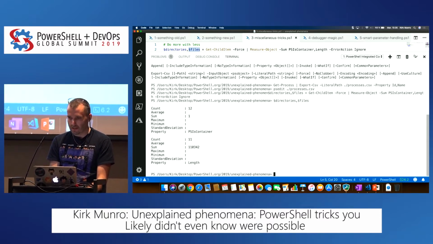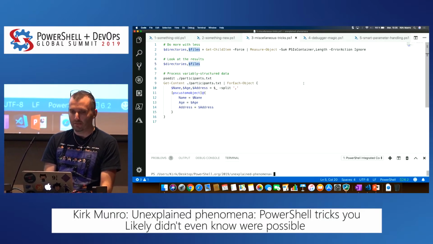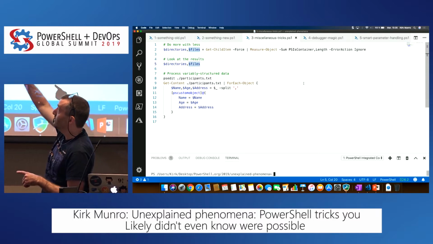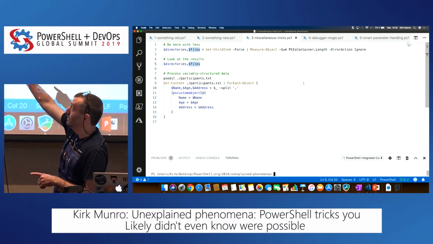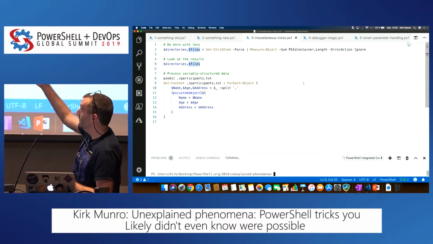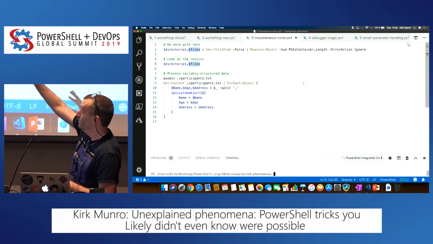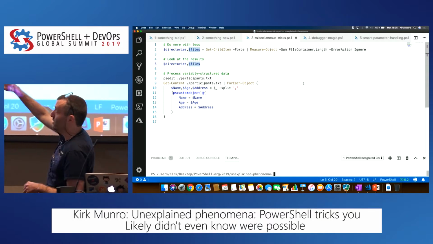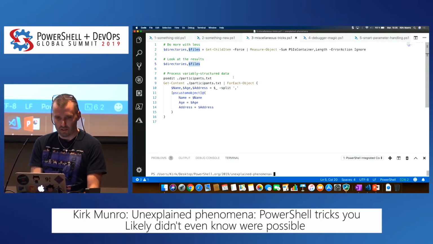One of the reasons why I was calling that out is being able to assign the results of a command to multiple variables. A lot of people don't realize you can do that and what the benefits are. So this is one example. And then right below that, I've got another example. So let me show you this participants file.